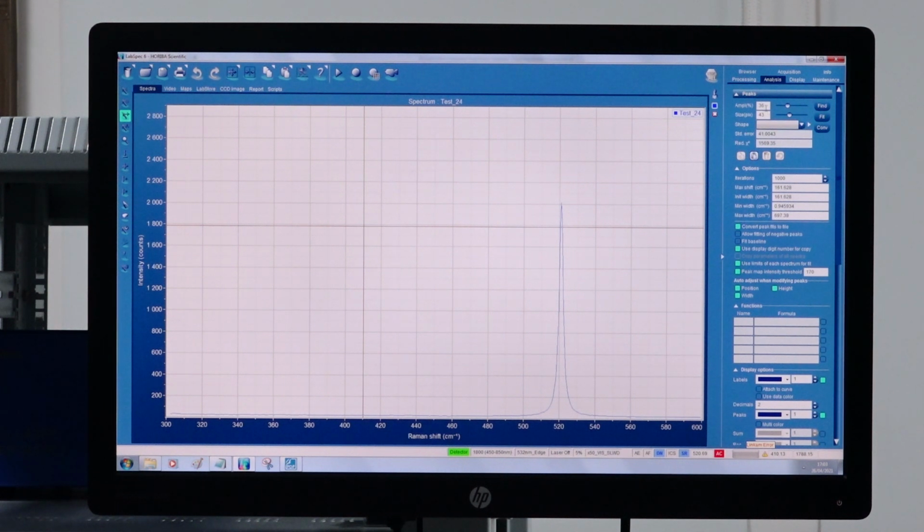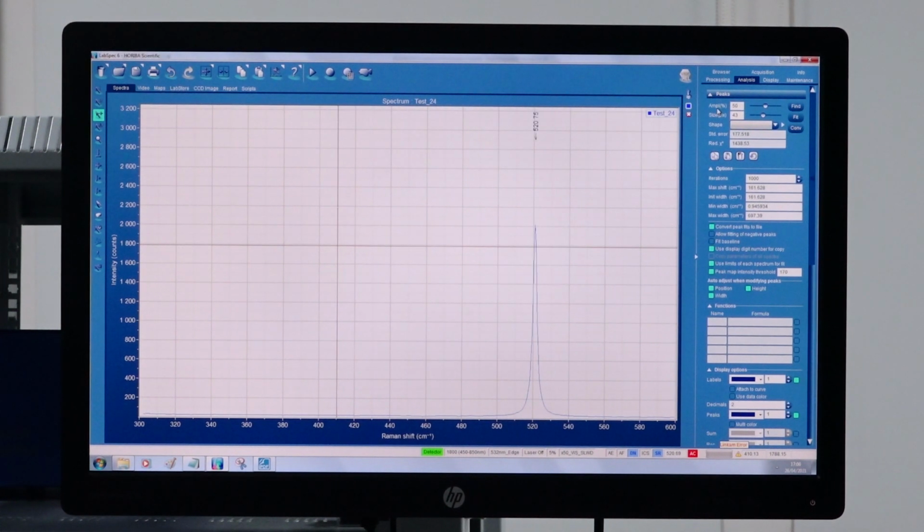So for example, if you have homogeneous broadening, you will choose a Lorentzian peak, or if you have heterogeneous broadening, you will use a Gaussian peak, or if you have some overlapping peaks, then you can also deconvolute those peaks using these settings. For now, we will choose using this amplitude parameter here in the peaks, we can set the cutoff for the different peaks that are in the Raman signal.